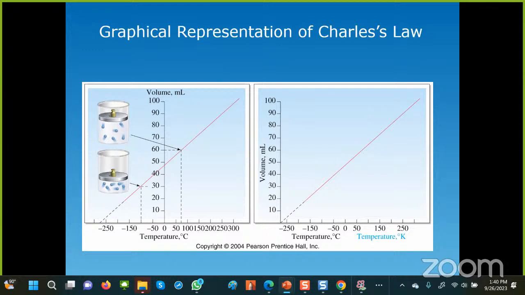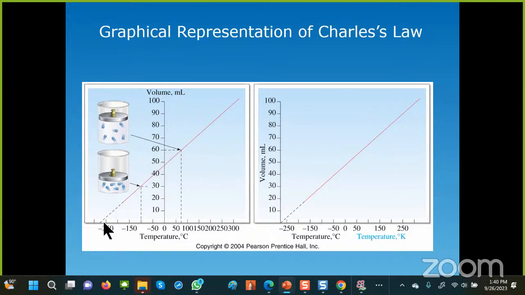In other words, you will get to the boiling point where it will no longer be a gas if you cool it below that temperature, right? So nobody has been able to cool a gas to below that particular temperature and still have it remain a gas. So what was done is you get as many data points as you can before the gas liquefies, and then you extrapolate that line